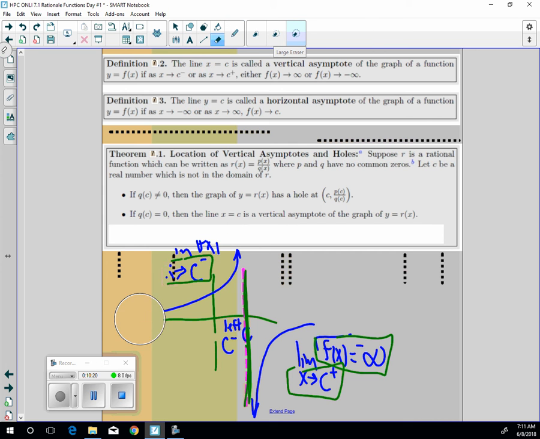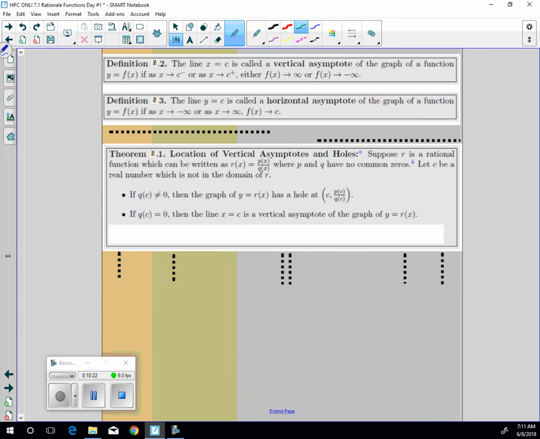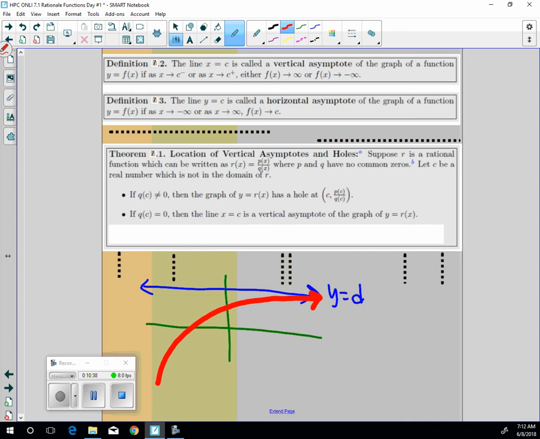We could have horizontal asymptotes. Horizontal asymptotes are going to look something like this. So here's your line, and this is your asymptote. Let's say y equal to d. And let's say my curve is doing something like this, okay? And maybe on this side, yeah, that's fine. Goes something like that. Well, what we're seeing here is that the limit as x goes to positive infinity